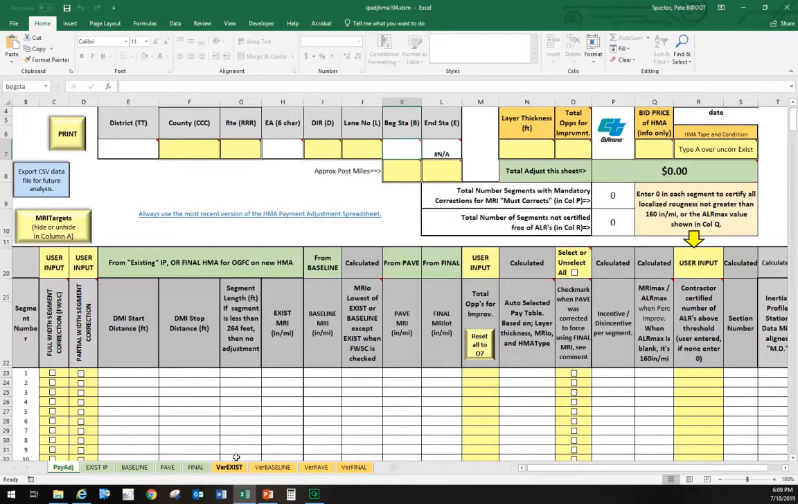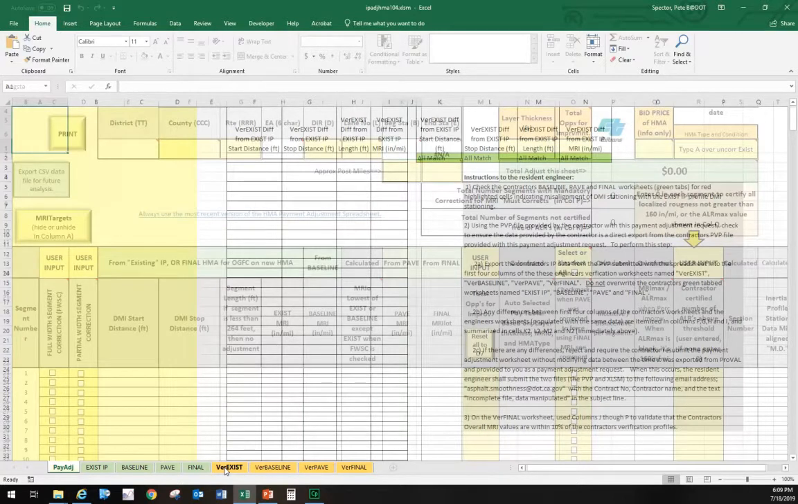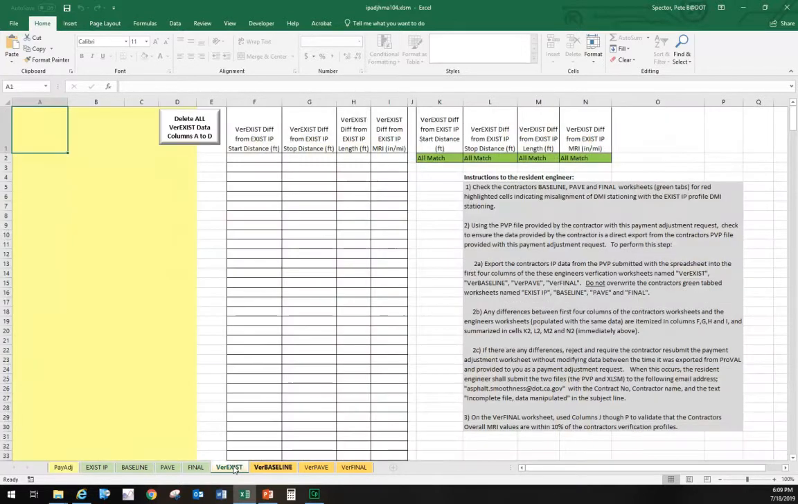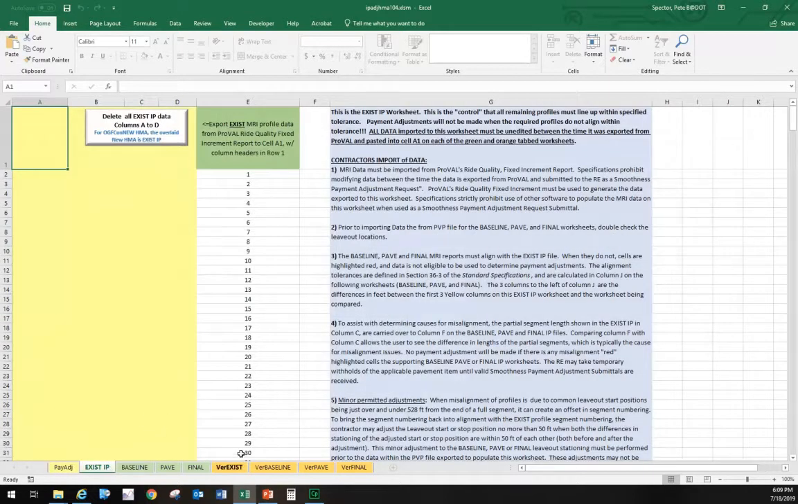So what we're doing to make sure nobody verifies that is that the resident engineer is going to import the contractor's same profile data from that ProVal project file he submits with the spreadsheet into these orange tabs, and it's going to do a comparison. And if there's any changes in mean roughness index data value, if anybody changed any of the numbers on the contractor's worksheets, it'll show up red on the orange worksheets, and